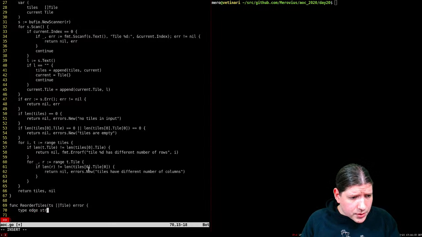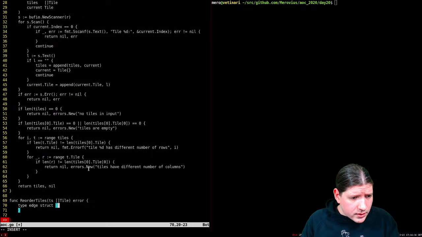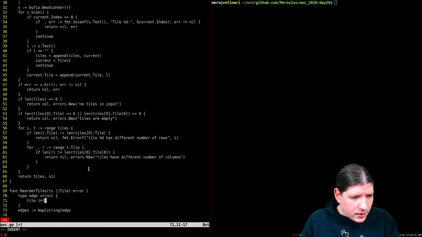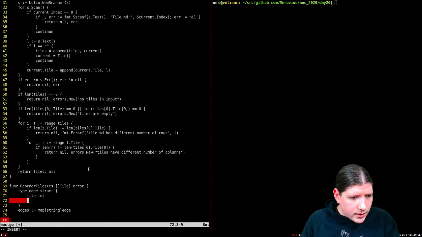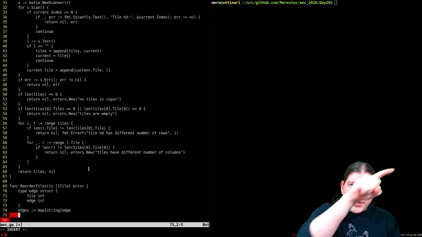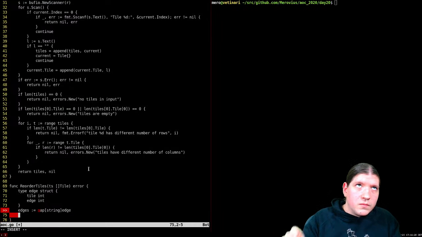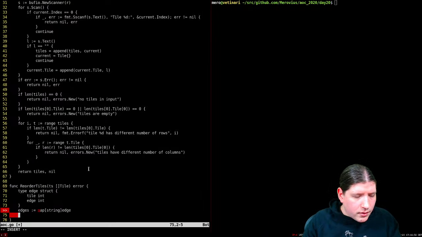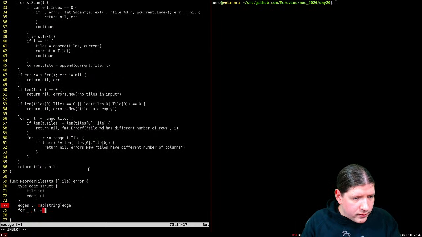Type edge is a struct, and then edges will be a map from string to edge, and an edge has a tile index and an edge index, where, let's say, 0 will be the upper edge, 1 will be the right edge, 2 will be the lower edge, and 3 will be the left edge, or something like that. We will see. So for every tile,